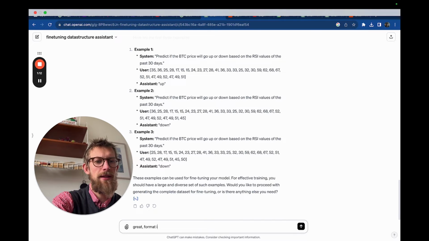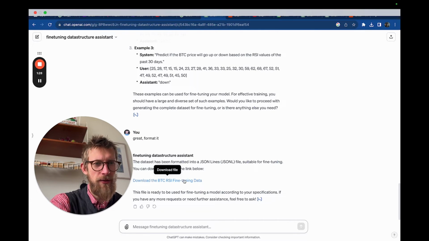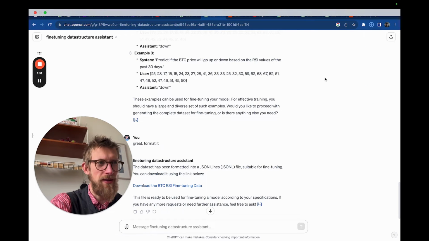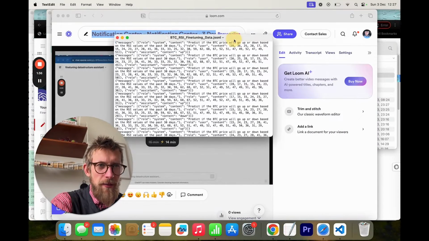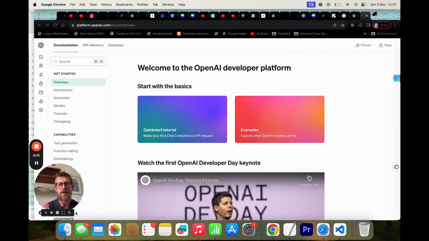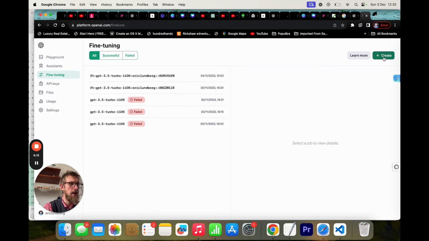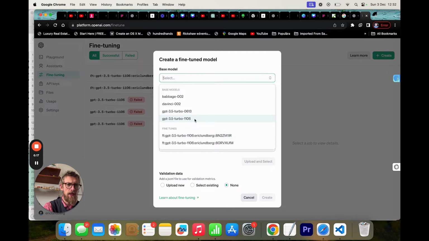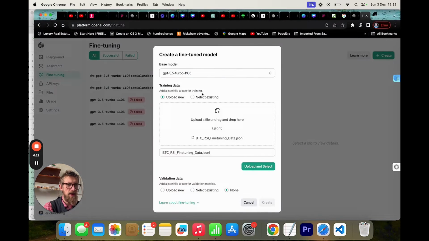Great, format it. And it's formatted it into a JSON file. Let's have a look at it and see what that looks like. The JSON file is ready and we can go into the OpenAI website, go to the API version of it, and then go to fine-tuning, create a new fine-tune, GPT 3.5 1106, upload that JSON file, and